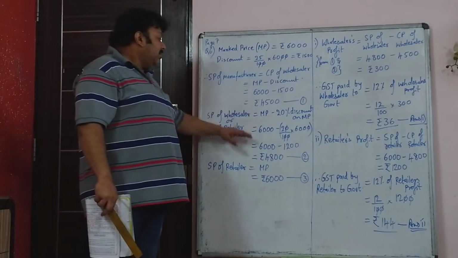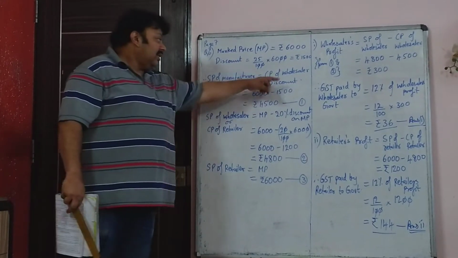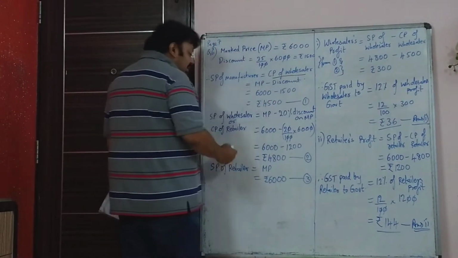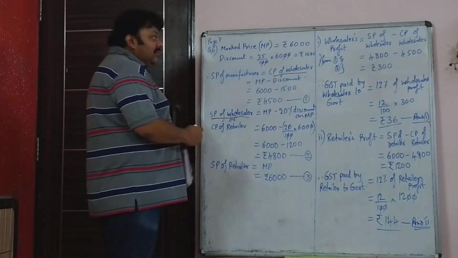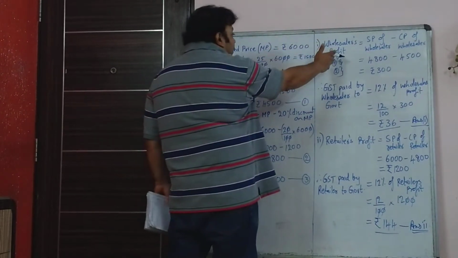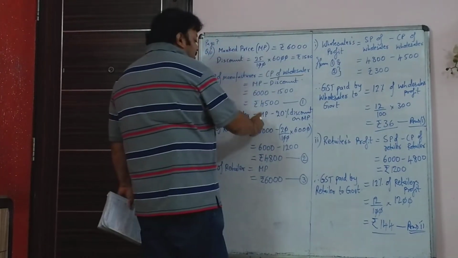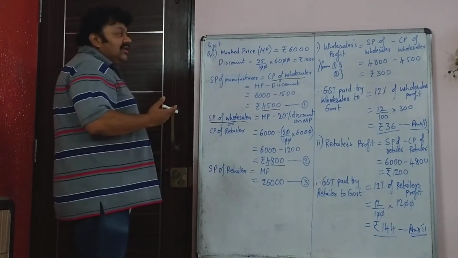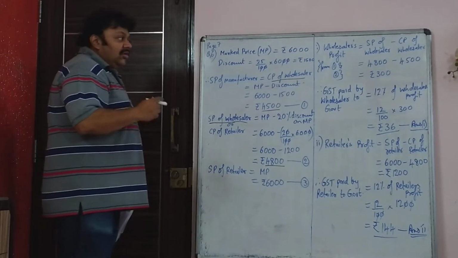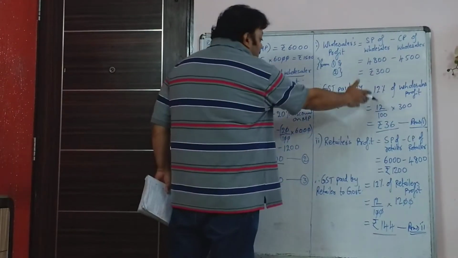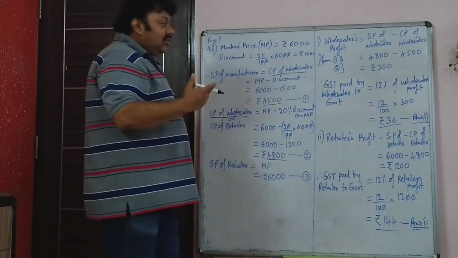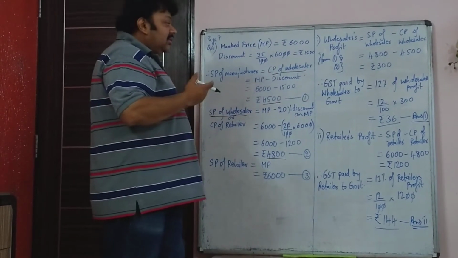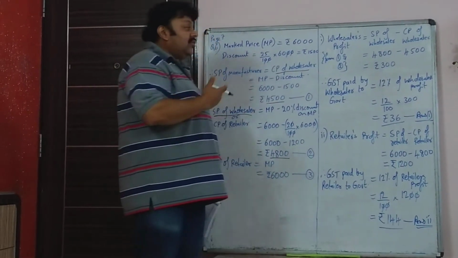So what is the profit made by the wholesaler? Here you have the cost price and here you have the sale price. So from that we see that the wholesaler's profit is SP minus CP, 4,800 rupees minus 4,500 rupees. So the wholesaler made a 300 rupee profit, and on that 300 rupee profit he is paying 12% tax or GST to the government. So 12% of 300, that is rupees 36, is the tax paid by wholesaler to government.